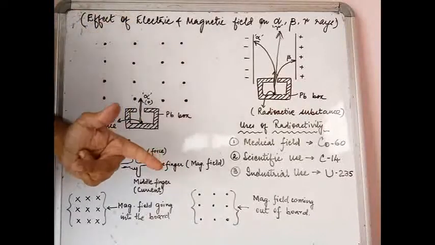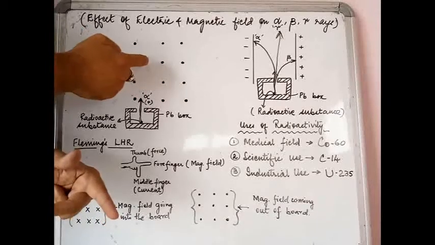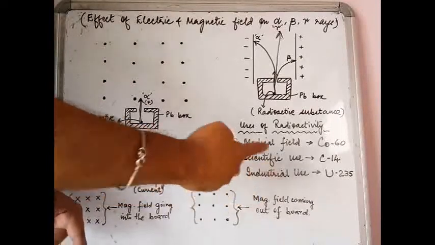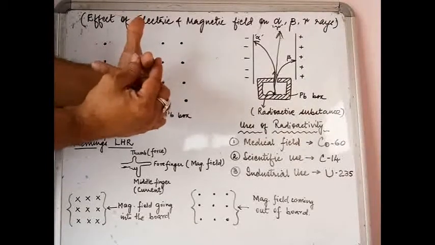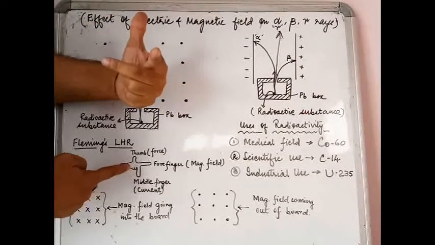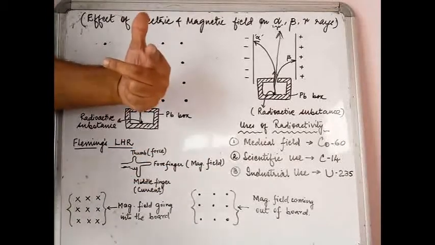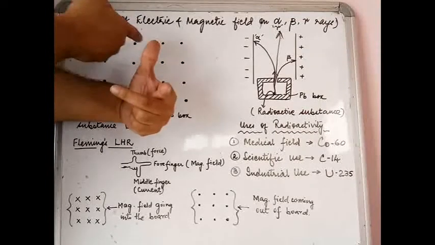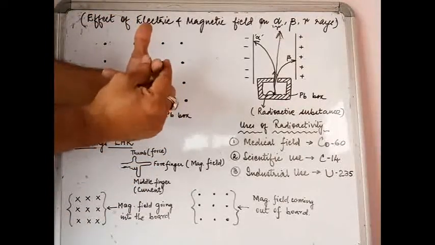Now you see, this is the setup. I already told you that since these are dots, that means the magnetic field is coming out of the board. You see, dots mean magnetic field coming out of the board. So I am going to hold my finger like this so that my forefinger is coming out of the board in this particular direction. Why? Because according to Fleming's left hand rule, the forefinger denotes the magnetic field direction. Okay, so I am going to hold my forefinger according to the setup, and the setup says dots. Dots mean magnetic field coming out of the board. So I am going to hold my forefinger like this.